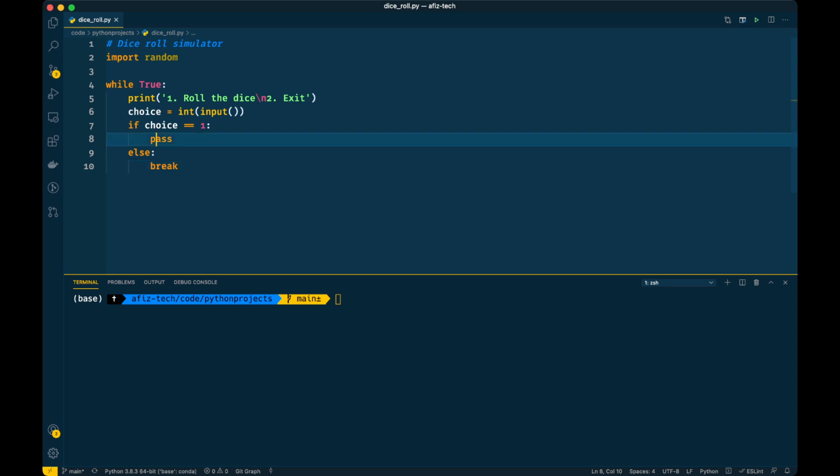Now we need to write the logic here, okay, for generating the random number. Okay, so how do we generate a random number in Python? So using a random library, you just need to simply say random dot randint, because we need an integer value. Okay, and this randint function will take two parameters as input. One,